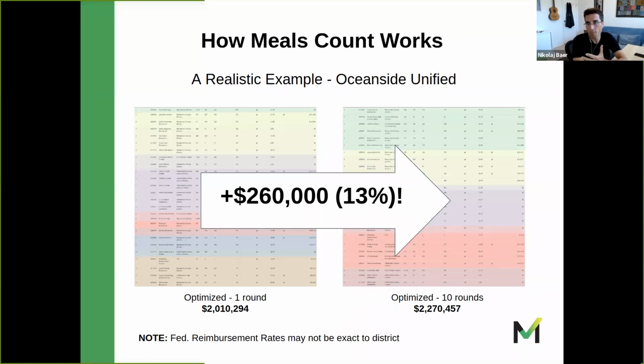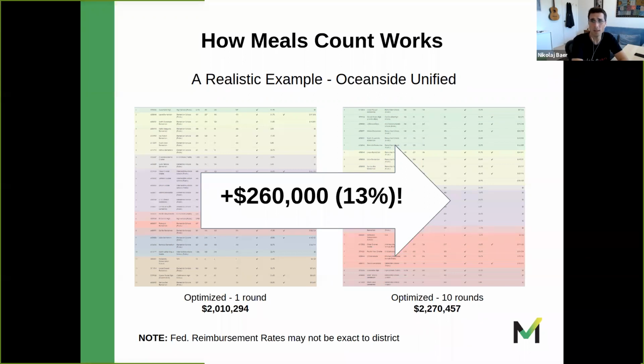So a concrete example: one of the schools that we've been working with, that's going to be using their recommendation from Meals Count this year, compared a low-end optimization versus a longer-spent optimization in our optimizer. We saw a boost, with the same number of schools all participating in CEP, of 13% increase in reimbursement, which for them was over $250,000, give or take. This is based upon the standard rates, but either way, a 13% increase. You can scale that to your anticipated reimbursement.